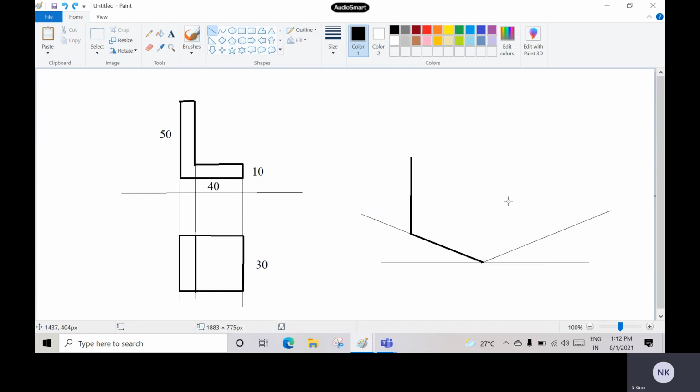And after that, what is the length here? This is 10 mm, here also it will be 10 mm. Okay, this is your 10 mm, and again the bottom is total 50 minus 10, it is your 40 mm, and again from that 40 point and from this point I will join here.